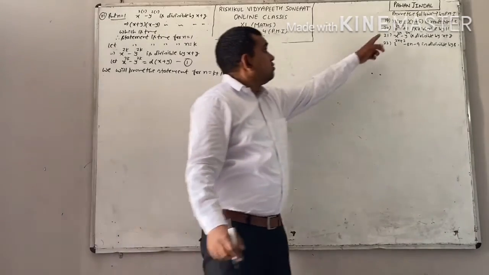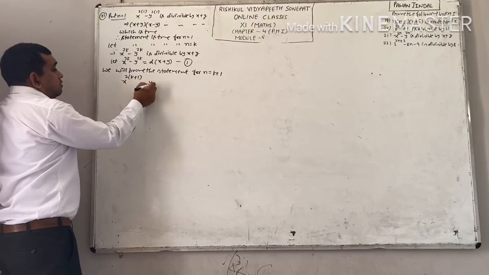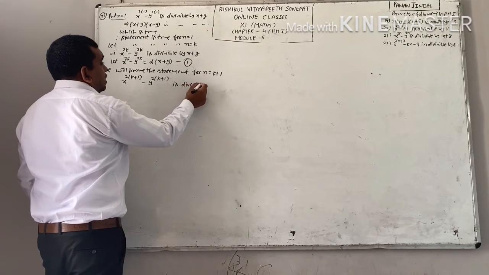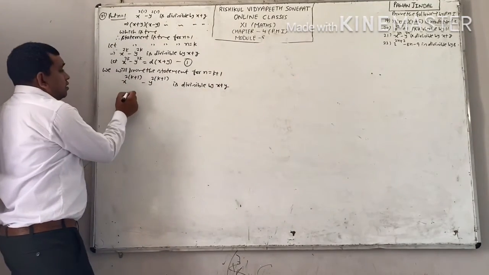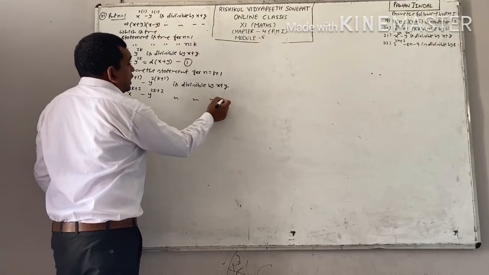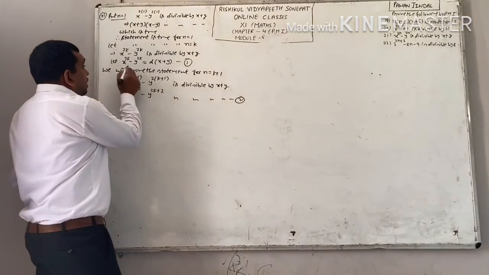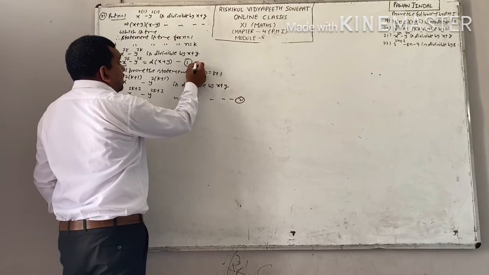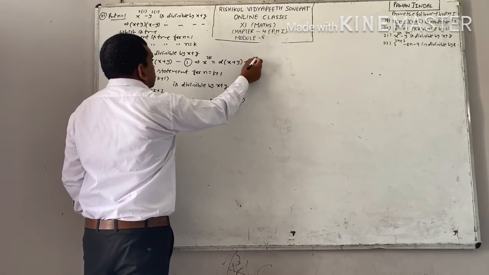Now put n equal to k plus 1 here. See what you will get. You will get x raised to power 2 into k plus 1 minus y raised to power 2 into k plus 1 is divisible by x plus y. Right? Now this is your x raised to power 2k plus 2 minus y raised to power 2k plus 2 is divisible by x plus y. This equation number 2. Now how will you prove? You will take help of equation number 1. From here, either find out value of x raised to power 2k or find out the value of y raised to power 2k. I am finding the value of x raised to power 2k. This is your d into x plus y plus y raised to power 2k.